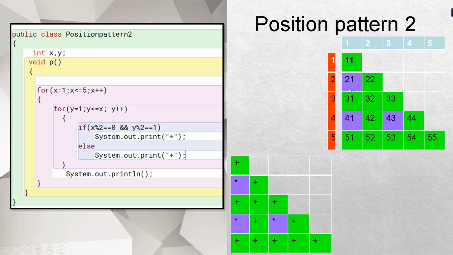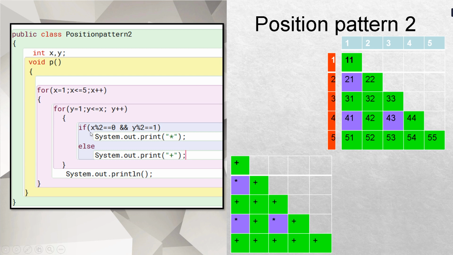That means when x is 2 and y is an odd number, when x is 4 and y is again an odd number, or I can say when x is even and y is odd, I want a star to be printed.